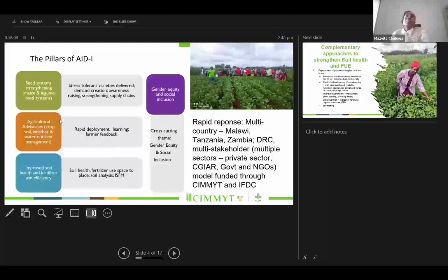The seed systems pillar was looking at stress-tolerant varieties being delivered to the farmers, along with demand creation and awareness raising, helping to strengthen the supply chains. This was supported by the rapid deployment of agricultural advisories, and these advisories were looking at the entire production chain, from the preparation of the land all the way to post-harvest management, using different